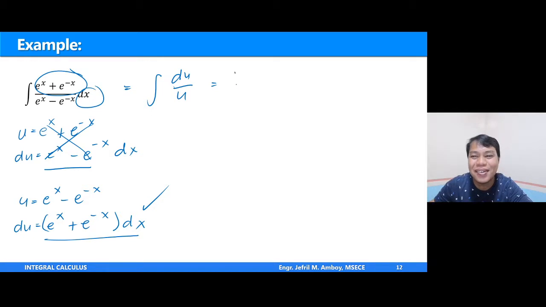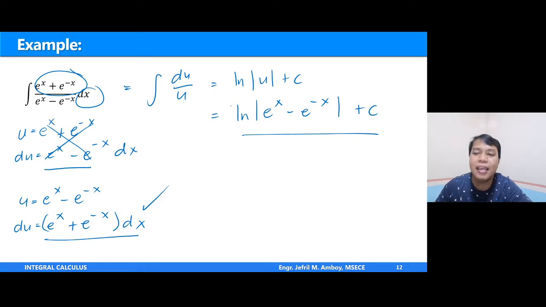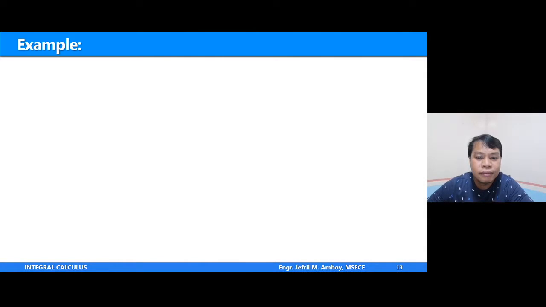Na alam naman natin ang sagot diyan is ln of the absolute value of u plus c. So, ln of, ano yung u mo? E to the x minus e to the negative x and then plus c. Okay, so pwede na iyan. So, iyon lang. Next,